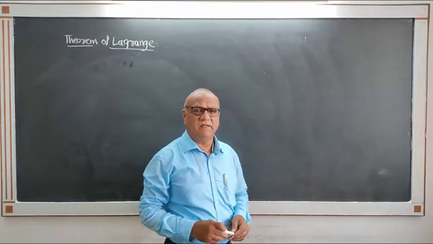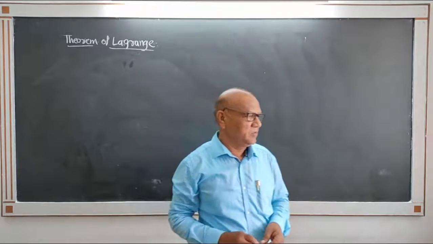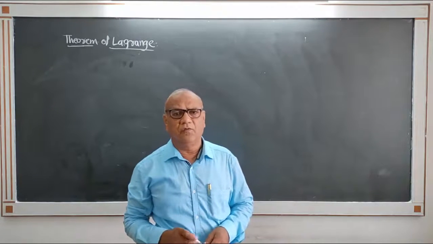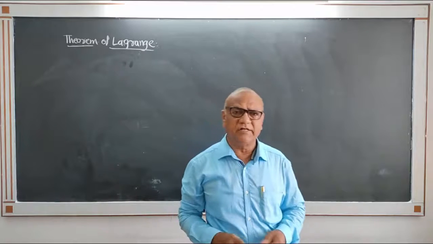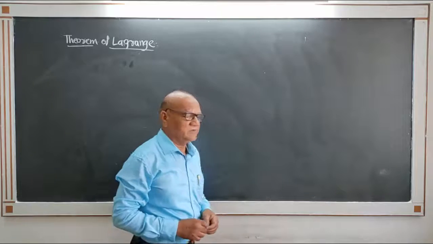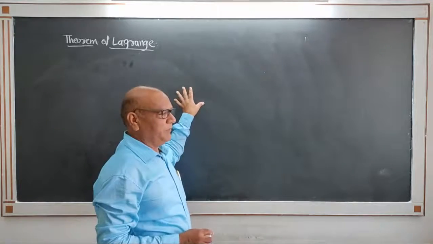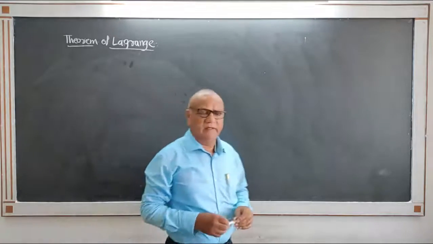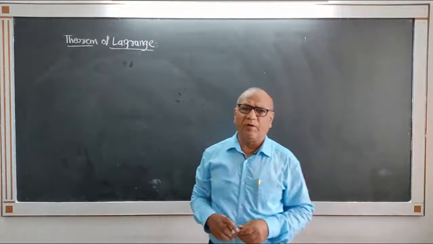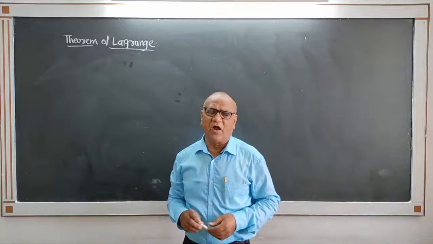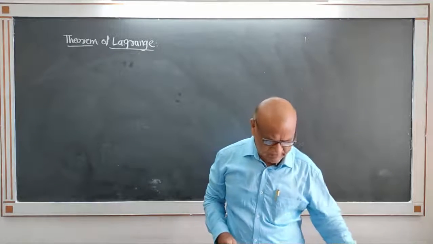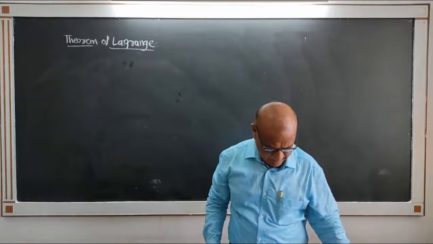In the previous lecture we saw cosets, partition of a group by cosets, left coset as well as right coset. In this lecture we are going to study the theorem of Lagrange. Theorem of Lagrange says: if H is a subgroup of a finite group G, then the order of H divides the order of G.